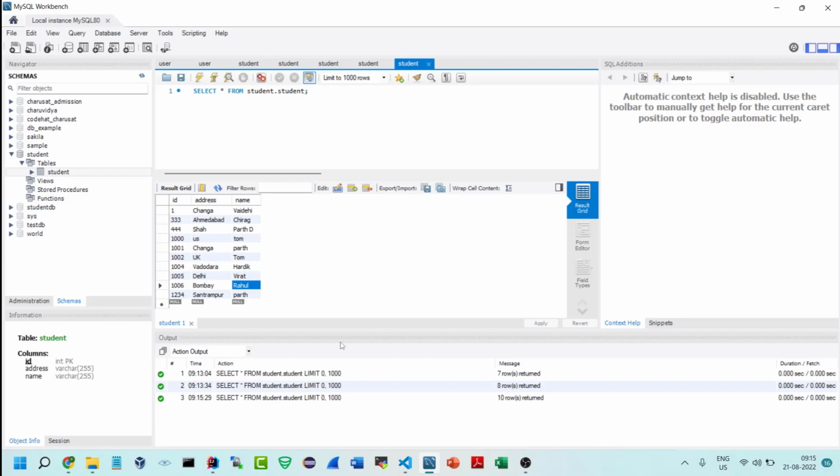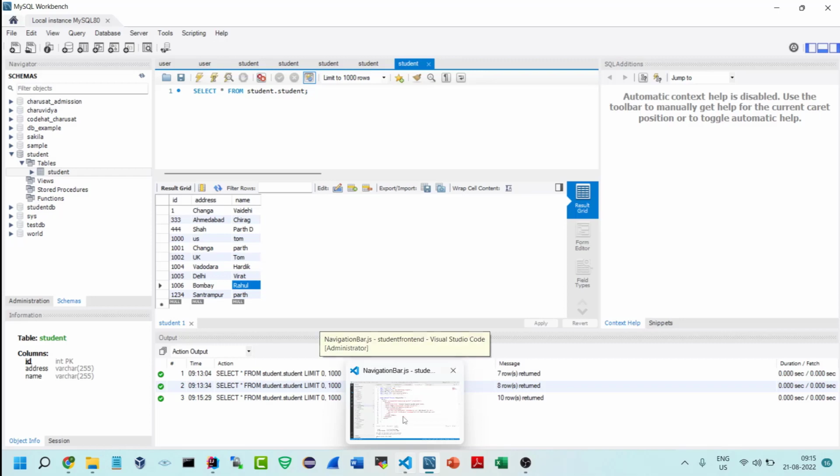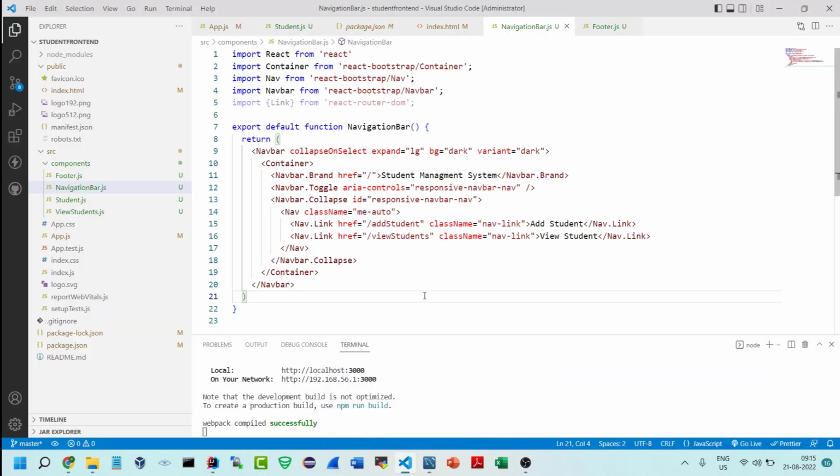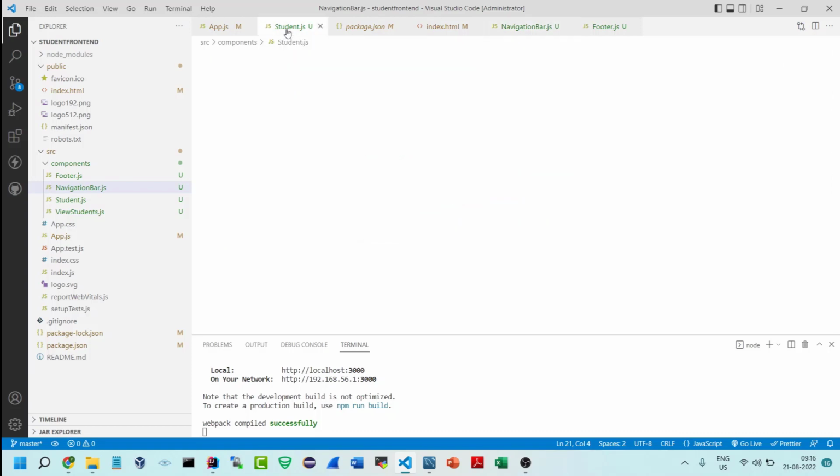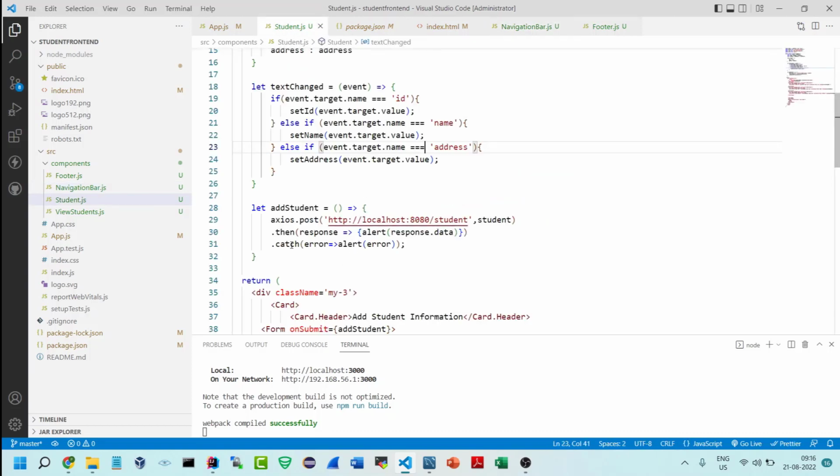The reason is that sometimes the React.js application calls the default actions, and that is what we need to prevent. So how can I prevent that? For that, I will go to the student.js, and there,